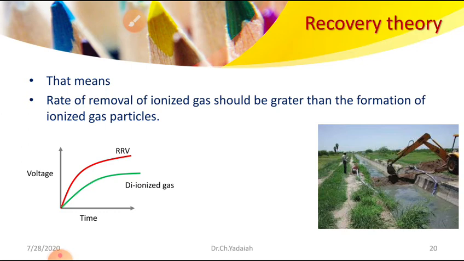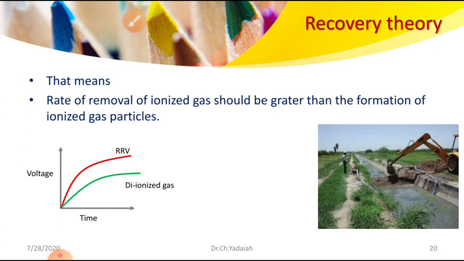Otherwise, if the flow of water is very high and you are doing the work very slowly, the flow continues for the next time. Similarly here, our aim is that the rate of removal of ionized particles between the electrodes should be greater than